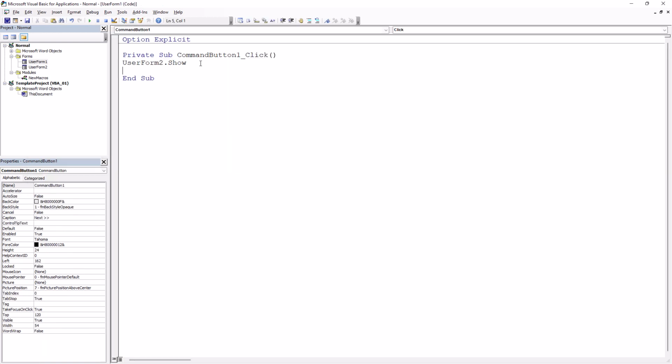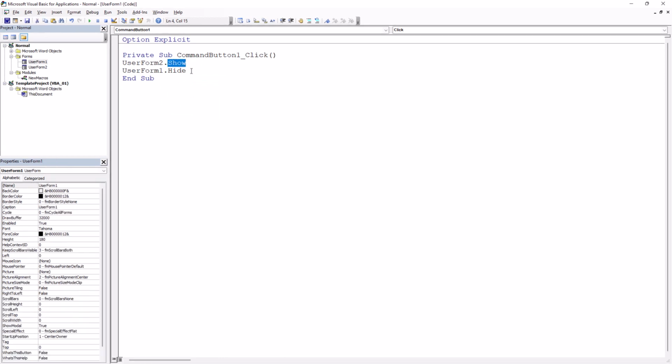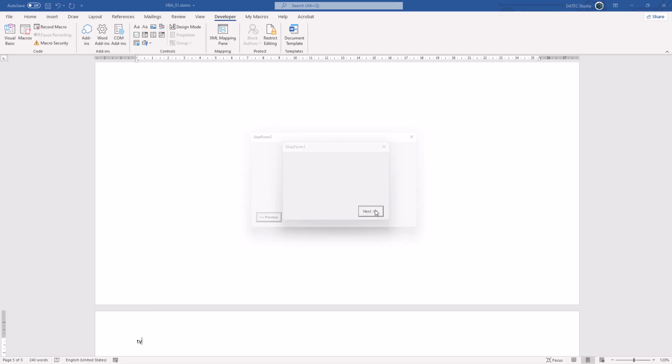And for the second one, also I could say show the first one, but before that, let's hide the first. So I said UserForm1.Hide. We could hide it, and with Show, of course, we could show it. Allow me to run it. Next, there it is. And as you see, although I said hide my UserForm1, it still exists here,